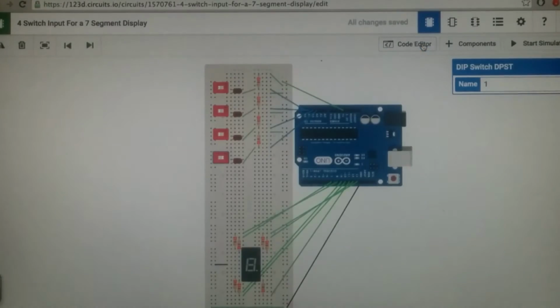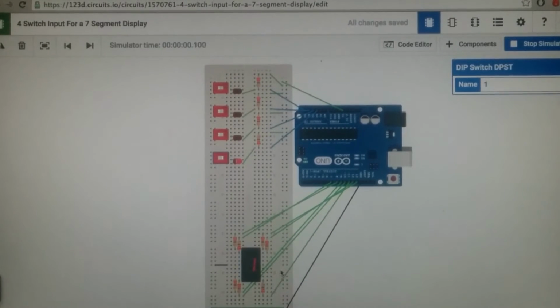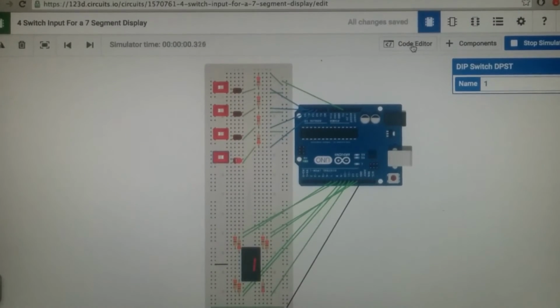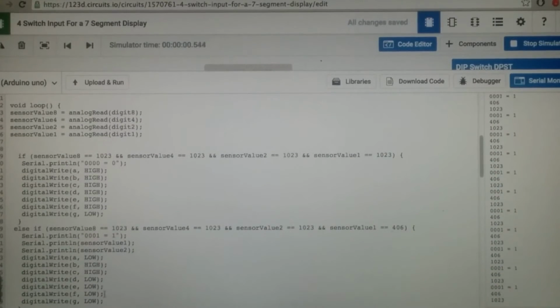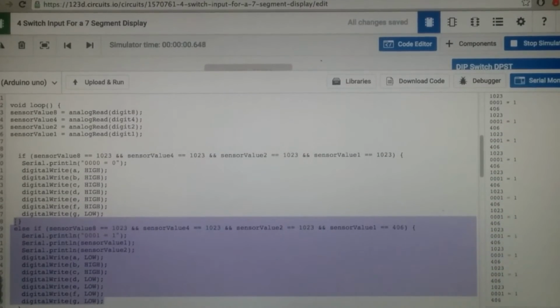Let's hide the code. Let's start the simulation again. And here we're reading a 1 because we have 0, 0, 0, 1. Let's go back to the code. And let's see here. We can see in this segment here: else if sensor value 8 equals 1023, sensor value 4 the same, sensor value 2 the same, and sensor value 1